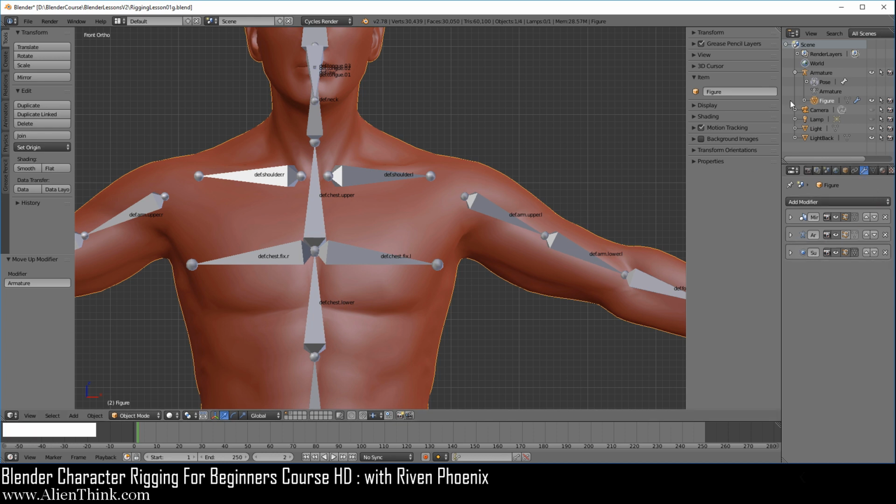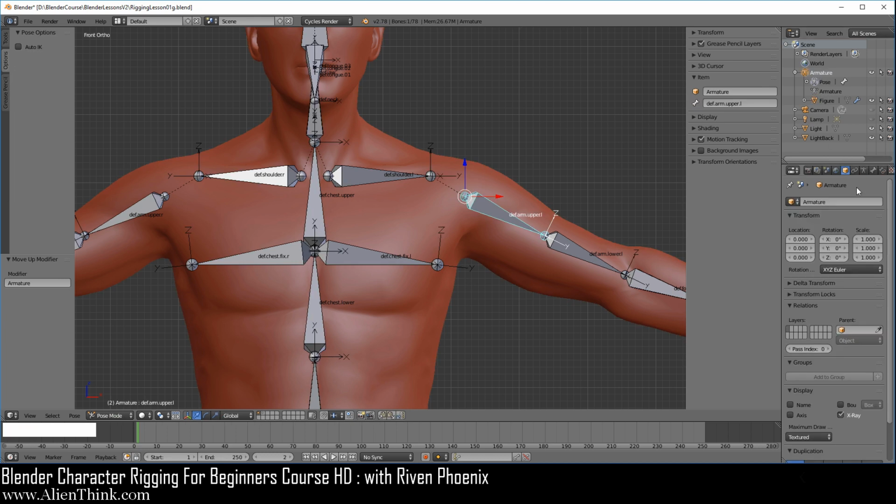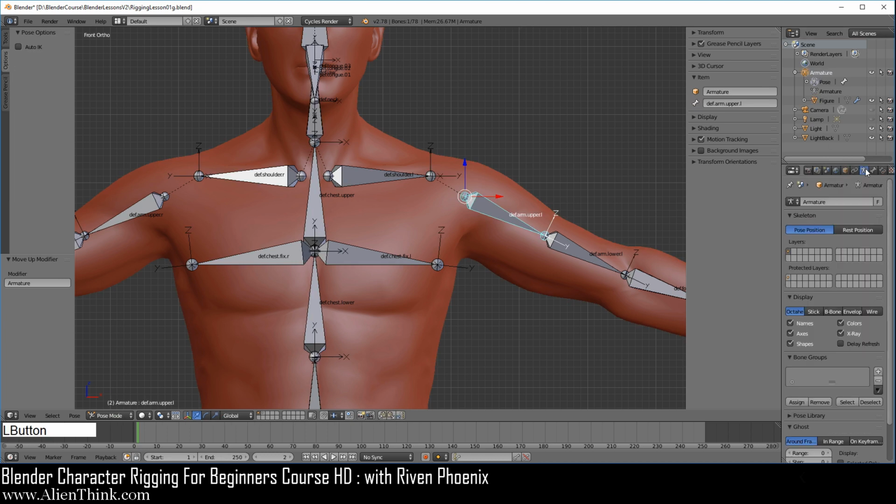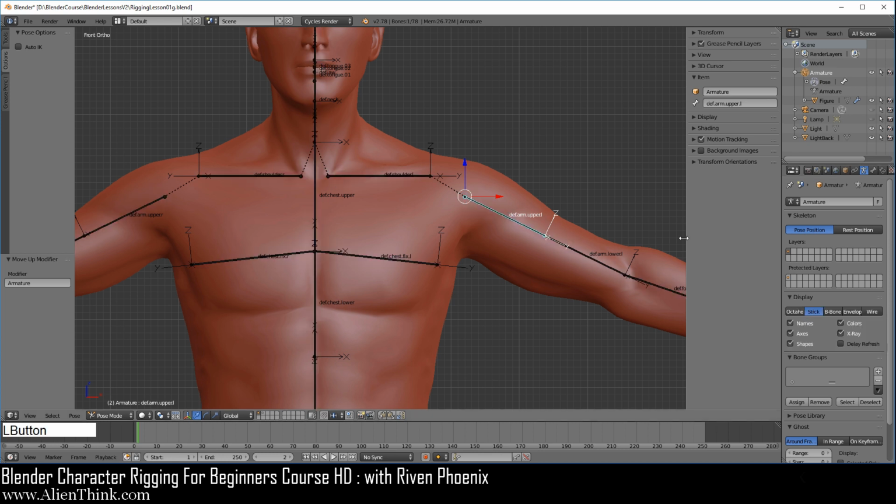Now go ahead and click on the armature and go to the data tab over here. So as I said, you can choose to display how the bones look inside the 3D view. So you already know how the octahedral mode is, right? It simply allows you to see where the tail and the head is. That's its purpose. And when you click on stick, you can actually see that bones are simply two vertices and an edge. In wire, it's the same thing, right?